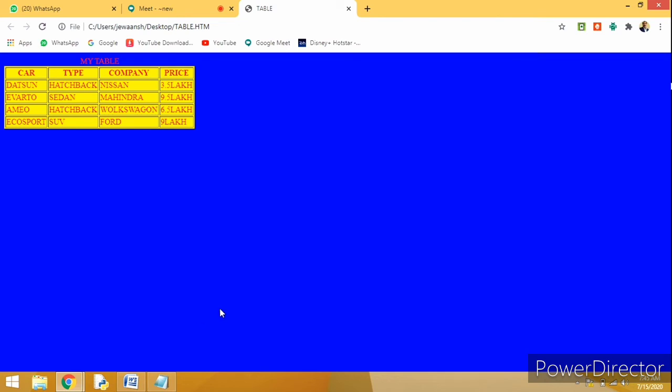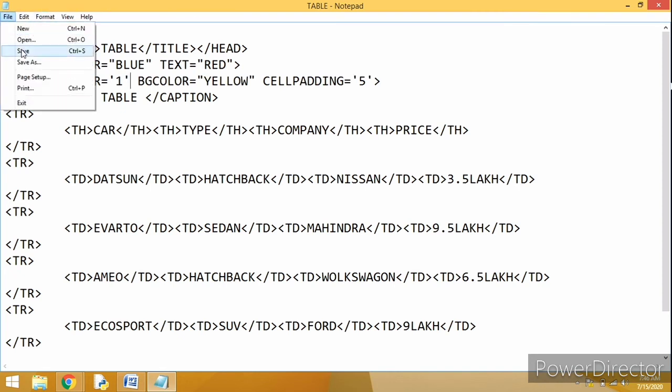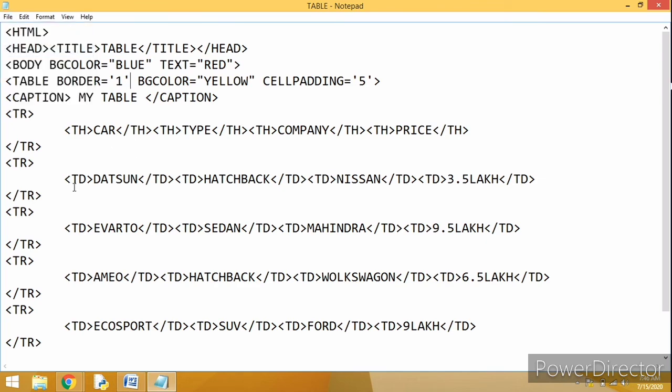Now for a table, if we say about the cell padding, it specifies in pixels. Let us say it as 5, and let us say the border is 1. Now we are saving the file. Once again, let us see what it is doing.